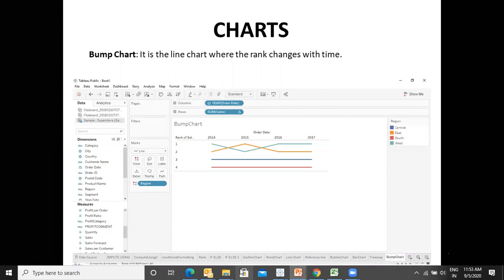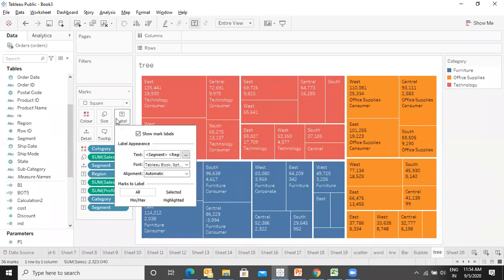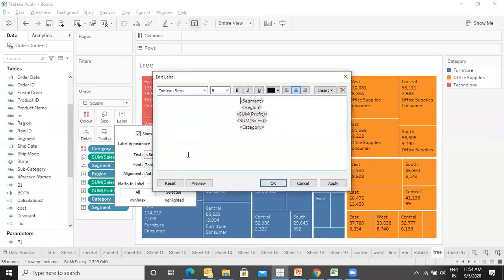Sir, one question. Please. In the bubble chart and in the tree chart, can we get the names besides the values? Do you want to adjust these things up and down? No, I want that 135, 441. What is that? We don't know. So I told you the thing. Now you know, you can go to the labels and write whatever you want. You can write over here.